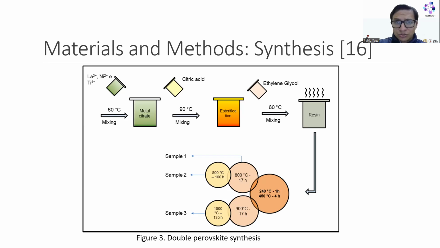The obtained solutions were mixed and heated to 60 centigrade, at which point a citric acid solution was added. Then the solution was heated to 90 centigrade, at which point an ethylene glycol solution was added for obtaining a resin,